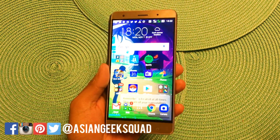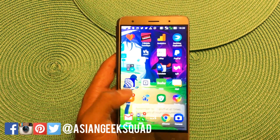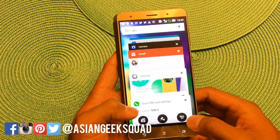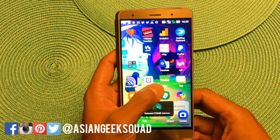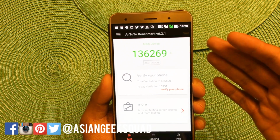Now let's go over performance. I'm just going to go ahead and run the AnTuTu test. Let's close up all the apps and get that started. Okay, so I've tested this before and it shows the particular score we got,